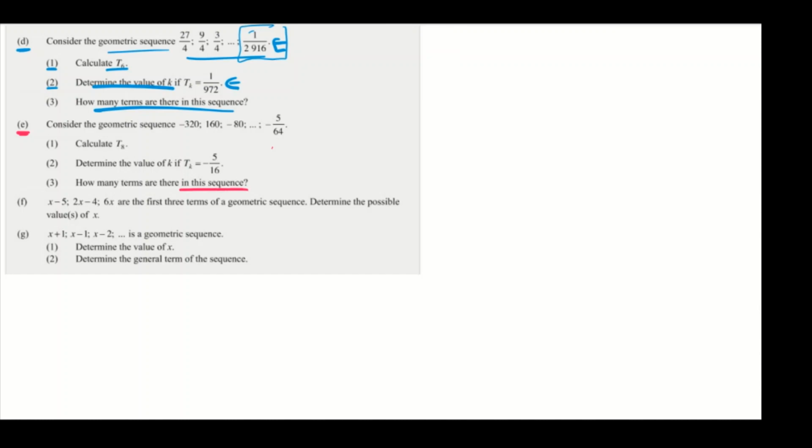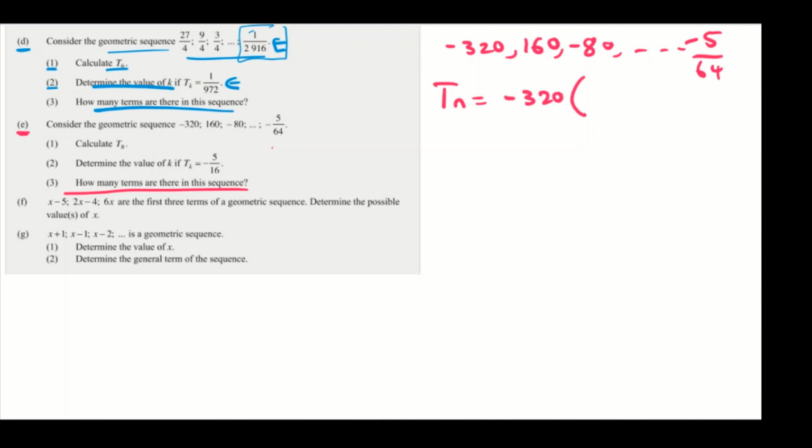Okay, so now we're going to do the third part of the question. We want to identify how many terms there are in the sequence. We know that the sequence is minus 320, 160, minus 80, and goes all the way up to minus 5 over 64, right? And our t of n, which we found in the previous question, is equal to minus 320 into minus 1 over 2 to the power of n minus 1. In this case, this is the last term, right? So it's going to be minus 5 over 64,